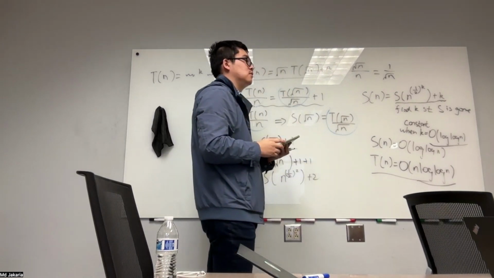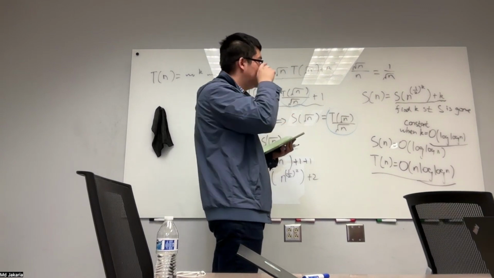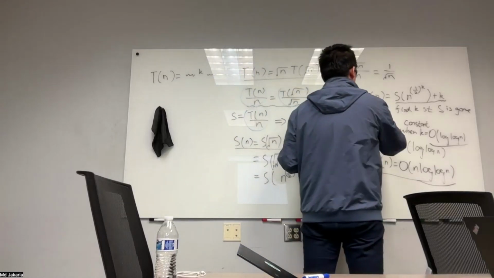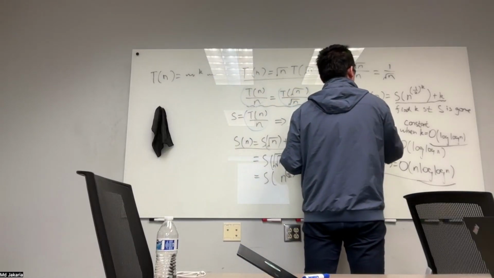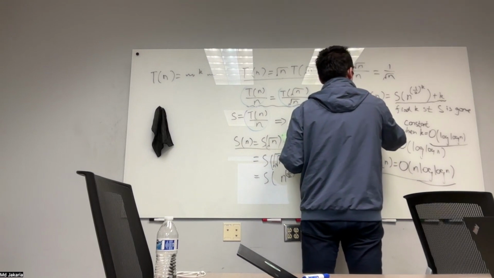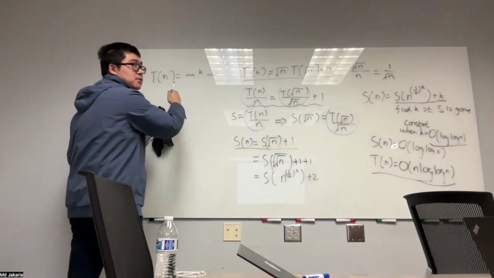Like n equals 1, n equals 0, or something like that. In that case, we just want to find k such that right here,